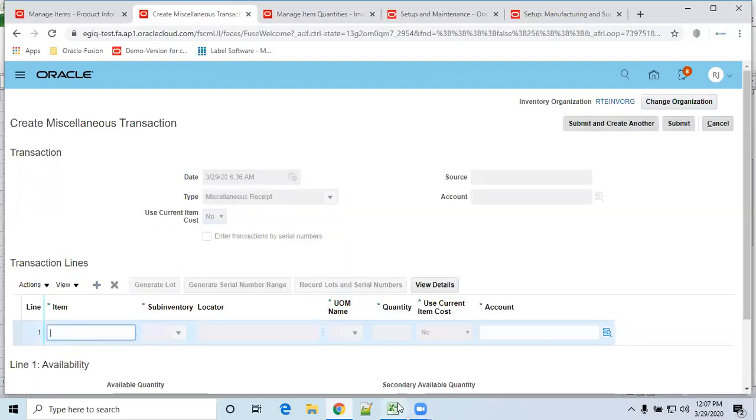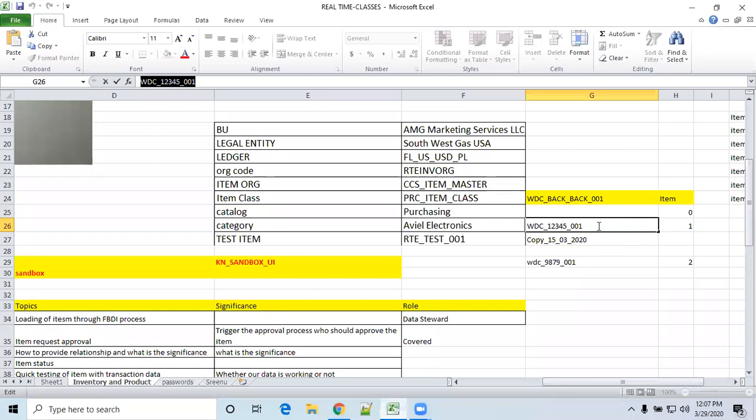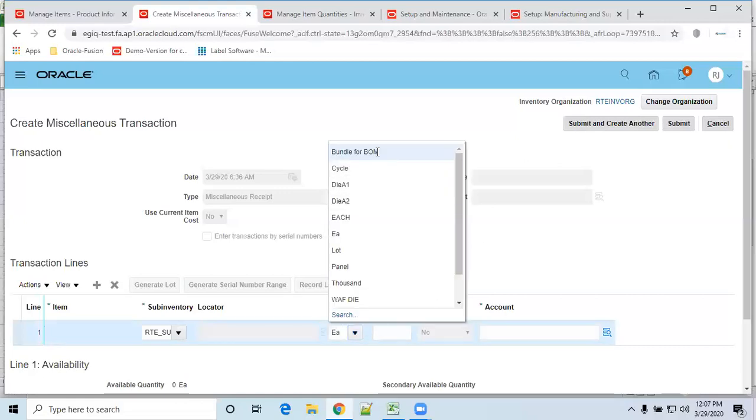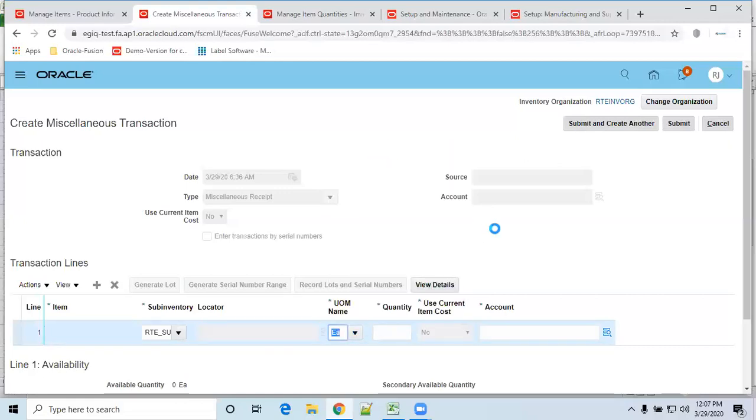What is the item? This one is we did this one, right? Sub inventory. Now UOM, I'm receiving in terms of bundle of bomb. So I want to receive only 2 bundles of bomb.